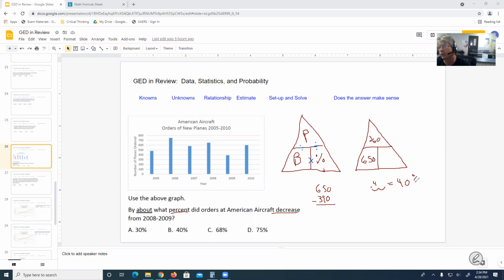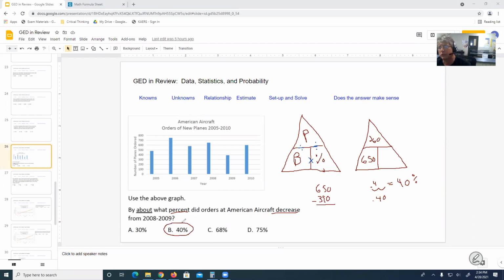40% would be the same thing as 40 hundredths. So this is like 0.40, if you will. So 40 hundredths is the same thing as 40%, because that's what 40% means. So that leads us to then B,